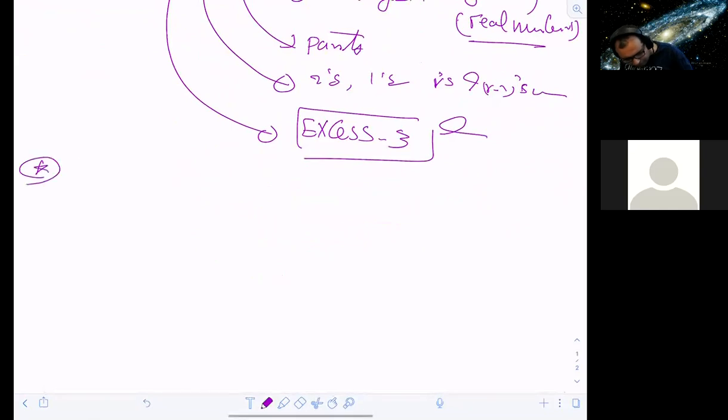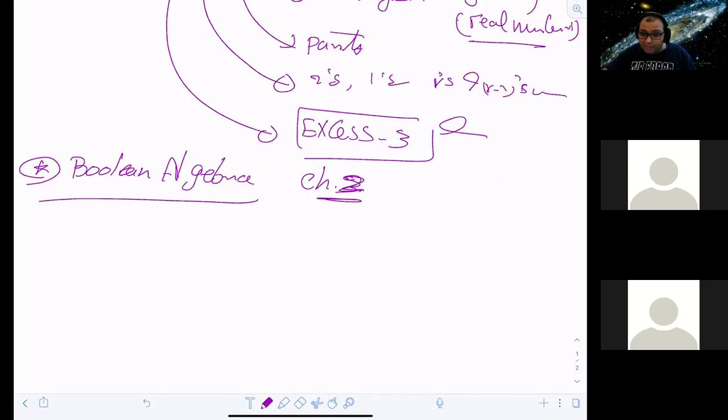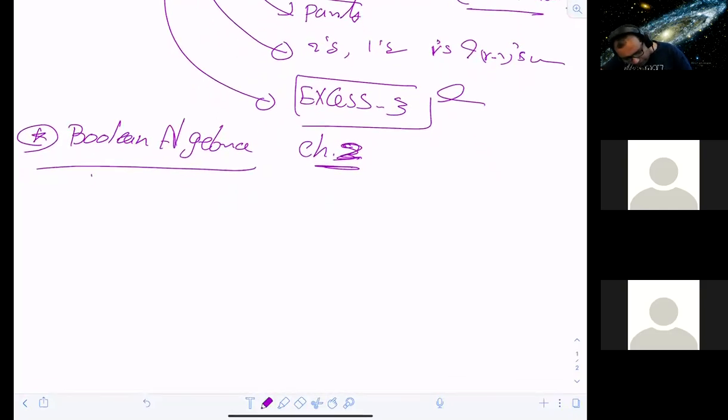Then we moved to Boolean algebra, right? That was chapter 2, if you guys remember. When I say chapter 1 and chapter 2, we are talking about the same book, the Morris version that I gave you before on Slack. Do you remember? Everybody has a copy of this, right? Okay, so when we talk about Boolean, we talked about the